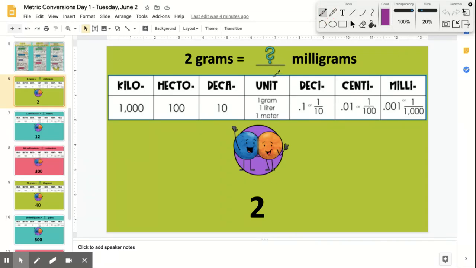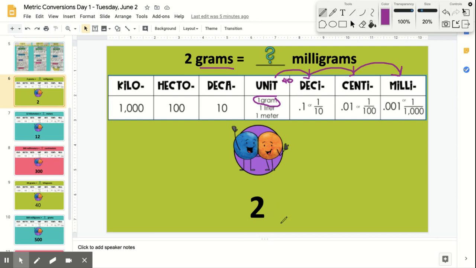We start from the unit given, which was grams, which is right here on our chart. We have to go down our chart all the way to milli. So 3 arrows. That tells you how many times you need to move your decimal point, okay? So remember, when you move to the right, it's the same thing as multiplying by 10 each time. So times 10, times 10, times 10, but you don't actually have to do the math if you move the